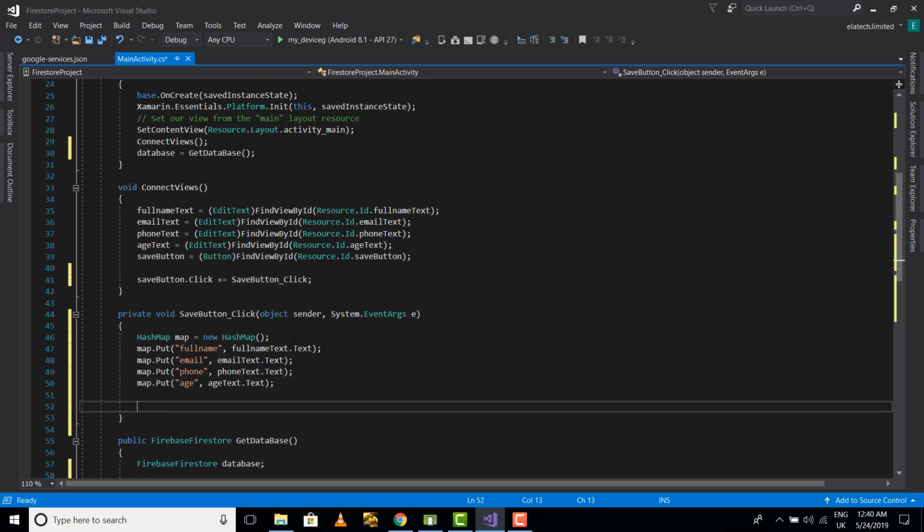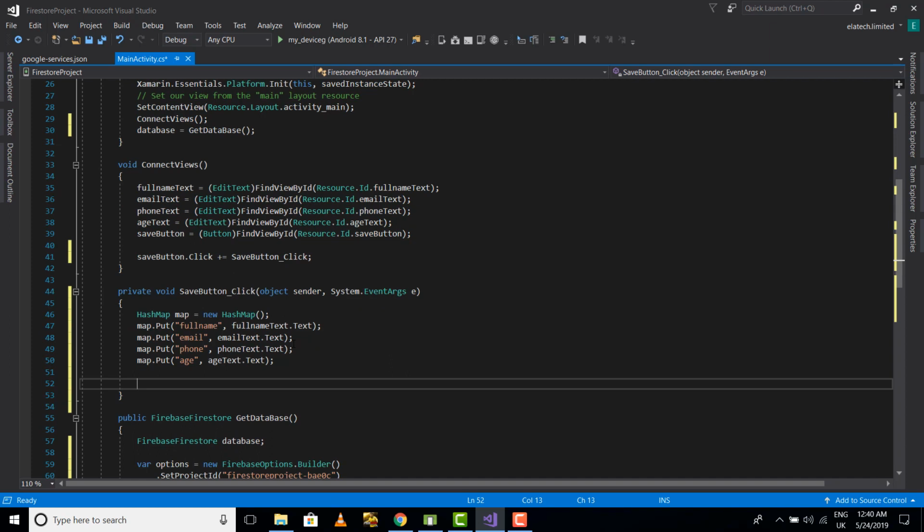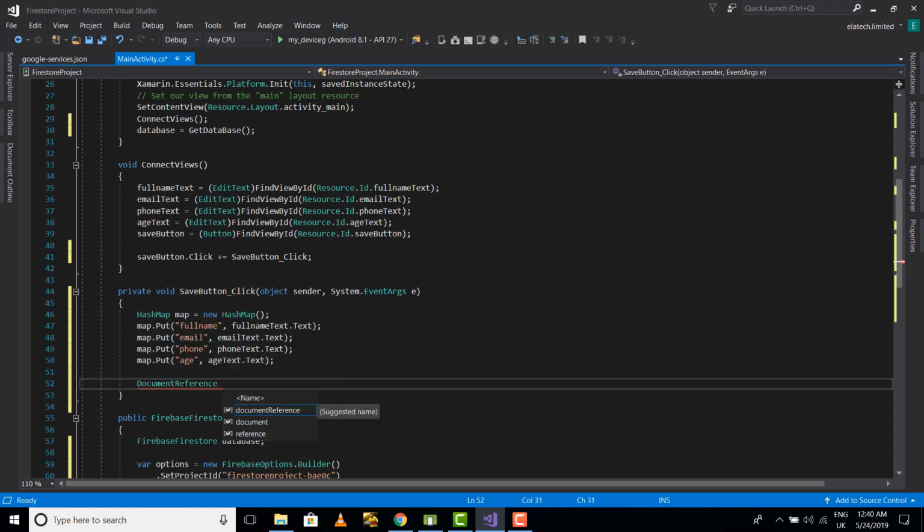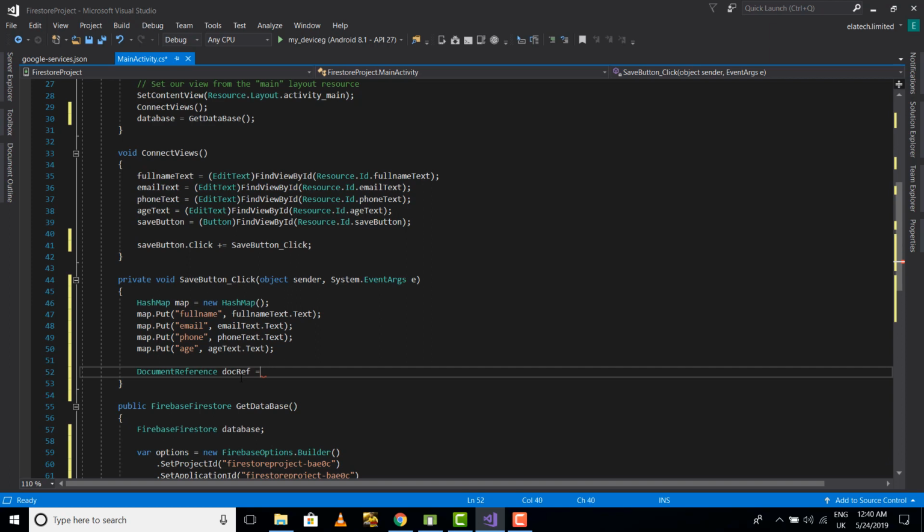The next thing we need to do will be to actually go ahead and save it to our Firestore. So to do that, we're going to define a new document reference. So a document reference is more like a path to where we are going to save our document. Like I earlier explained, these fields here, full name, email, phone, and age, are going to be fields in the document that we're going to create, and the document is going to be under a collection. So we're going to create a document reference which will serve as a path to where we are going to save data. So this will be equal to